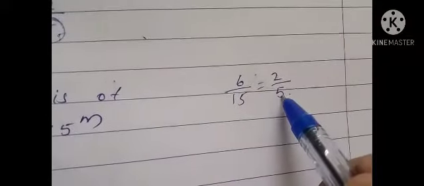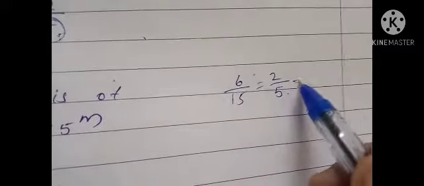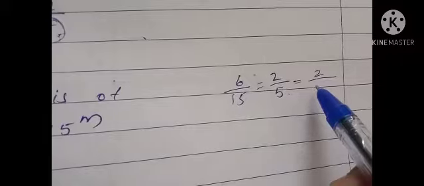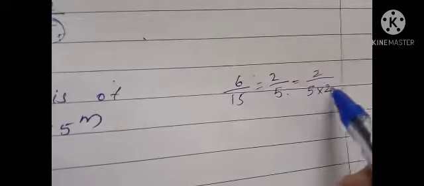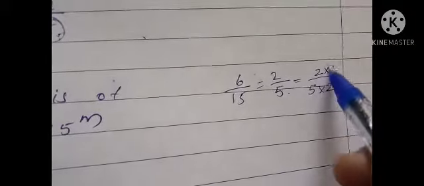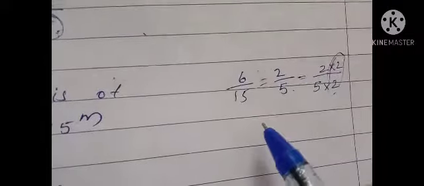Then we have to find its decimal expansion for the second section. That means 6 by 15 we got as what? 2 by 5. Okay, so in the denominator 5 is there, so we have to get 2 also. So 5 into 2. Both the numerator and denominator we should multiply by this 2. Then 2 twos are 4, 5 into 2 is 10. Then 0.4 is the decimal expansion.